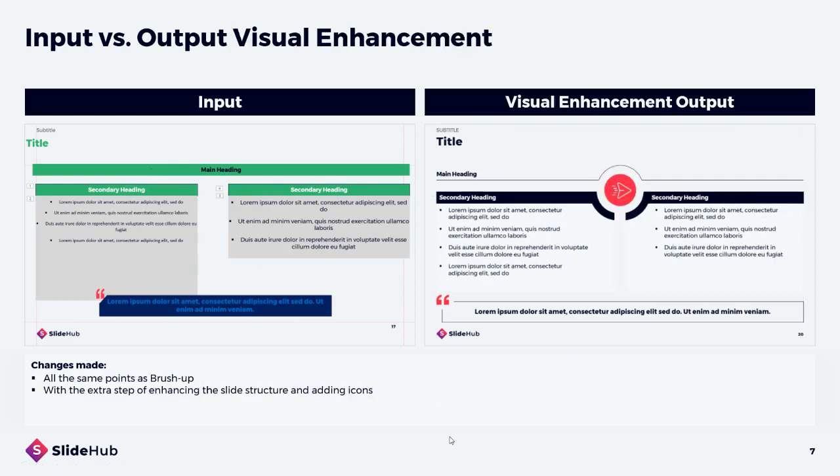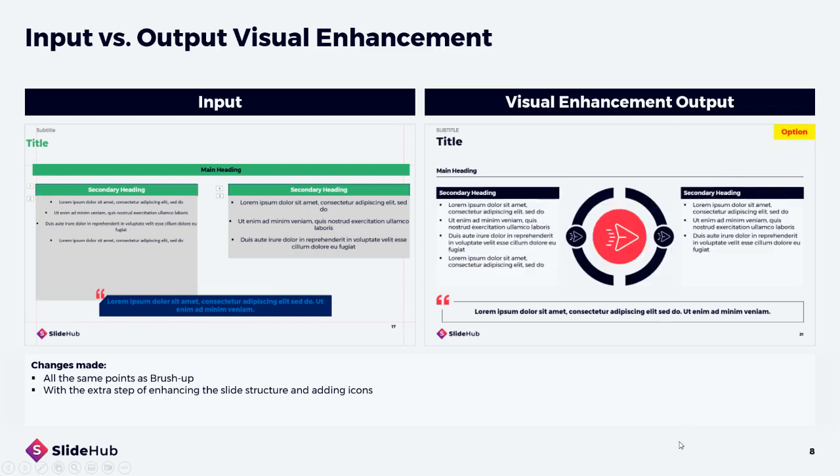Here we can see a visually enhanced slide of the same input slide we looked at before. You can see that visual enhancement applies the same principles as BrushUp, but has the added step of enhancing the slide structure and adding icons. So you can see here this structure was changed slightly, and we also added an icon here. And now we can see an option of the same slide where we just change the structure a little bit